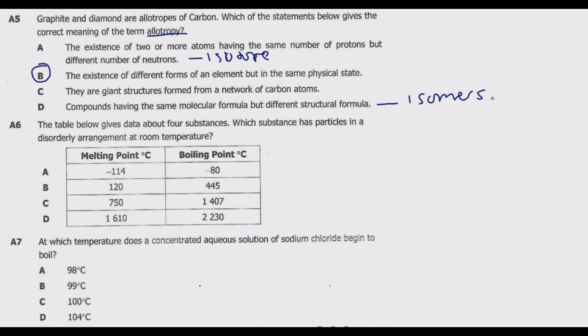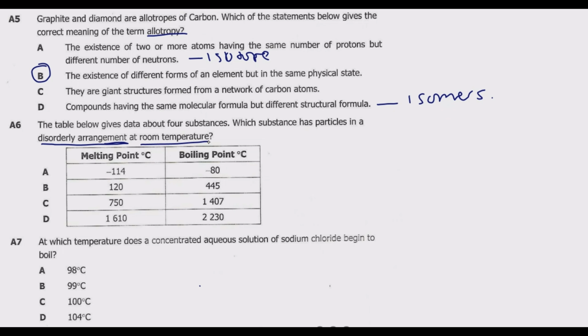Question A6. The table below gives data about 4 substances. Which substance has particles in a disorderly arrangement at room temperature? So disorderly arrangement is a key term here. So disorderly arrangement happens in the gases. So now we need to identify which one is a gas in here. So room temperature,